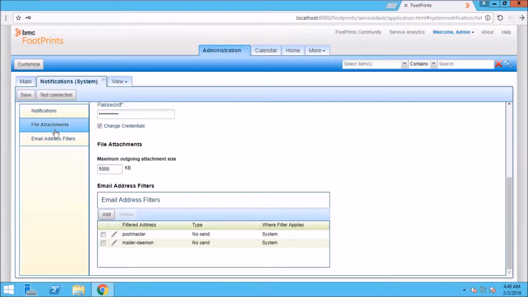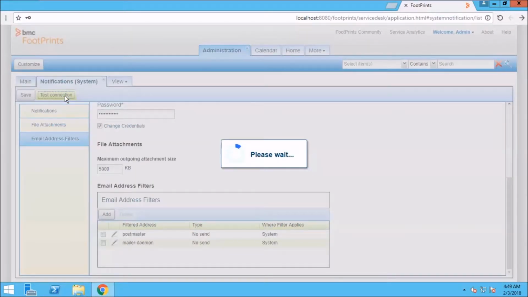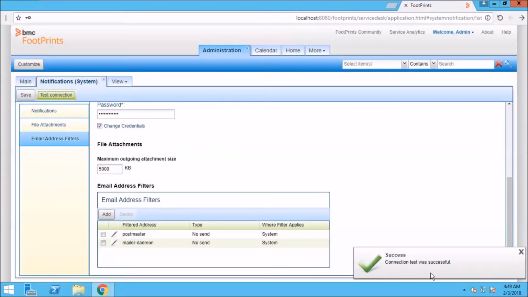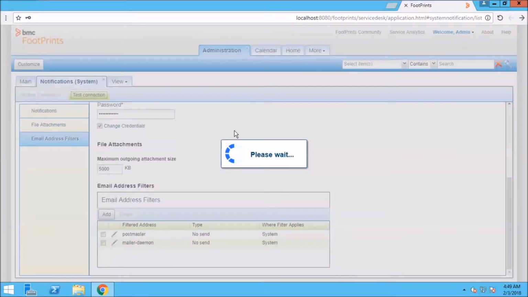Also, in the file attachment, we can mention the maximum size we can send using email notification. And also, if there are some filters, you can add them here if you want. After that, we will go to test connection. If everything is working fine, we will see a success message like this, and also we will receive an email